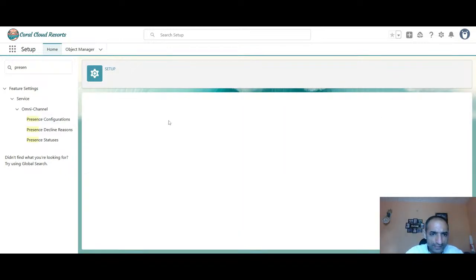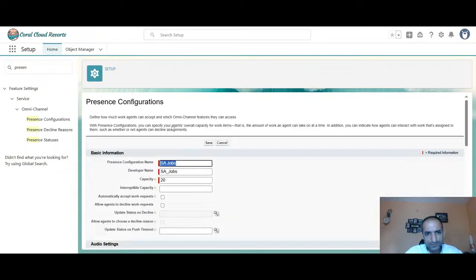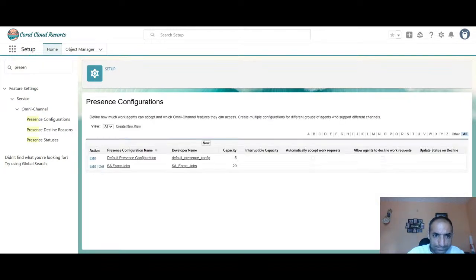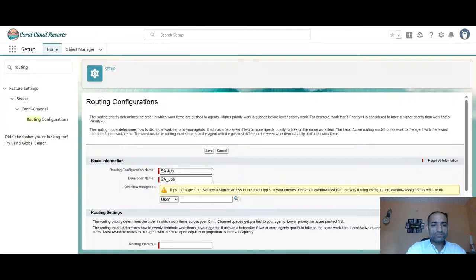I want to rename it. Yes, I don't know, mistake I made. But now I'm going to create a routing configuration with the name, saying SAP jobs, and